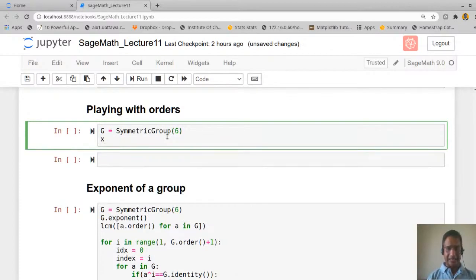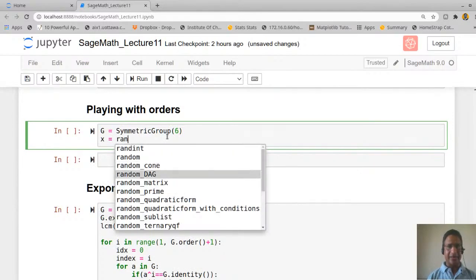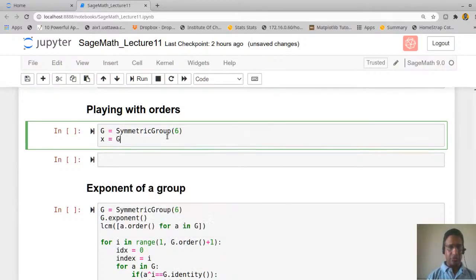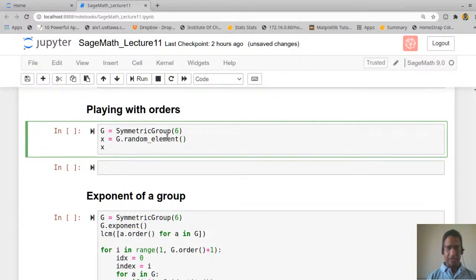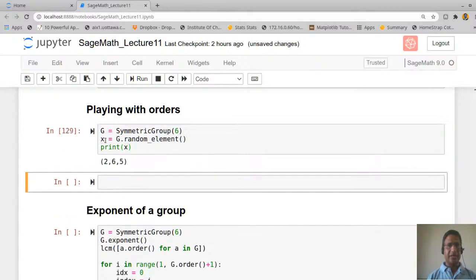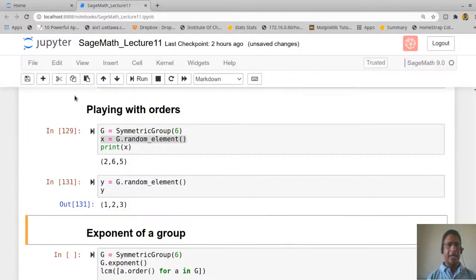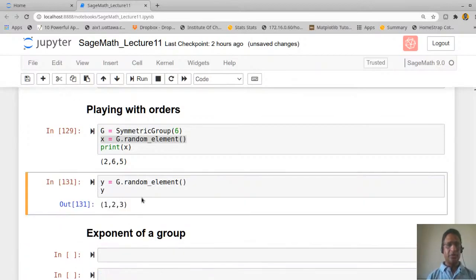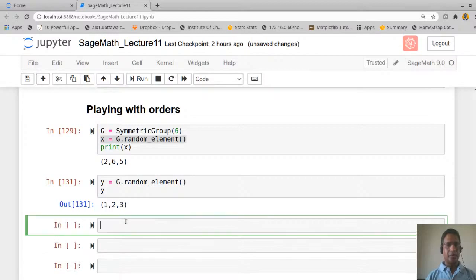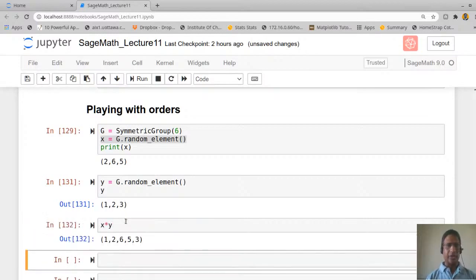Let me take an element X as a random element, G dot random element, and print X. Similarly, we can define another element Y, and let us see what is X into Y.